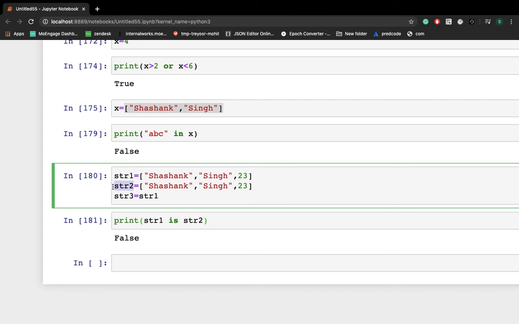And as I told you, for identity operators they have to be actually the same object with the same memory location. So that's the reason why it's returning false.